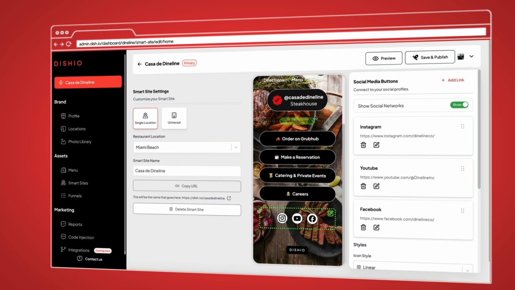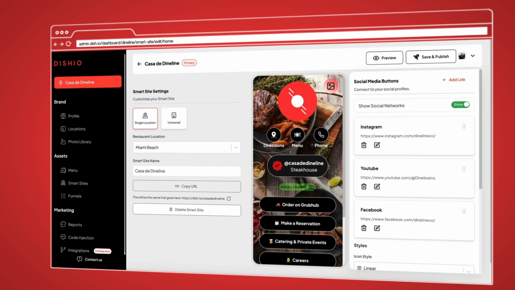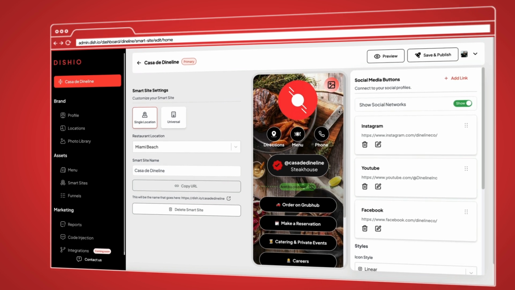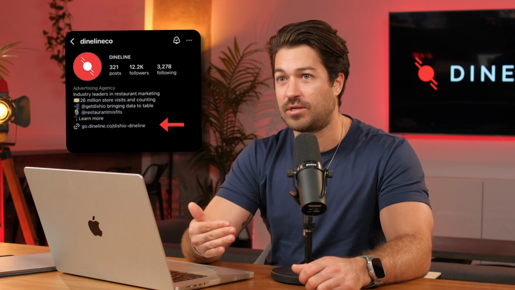And what you'll notice is a smart site is mobile optimized. It's supposed to look kind of like an app, right? But it's not an app, it's a website. And the use case you want to use a smart site for is probably the link in bio section on your website. And the reason we recommend this to restaurant owners is, like I mentioned earlier, people generally speaking are